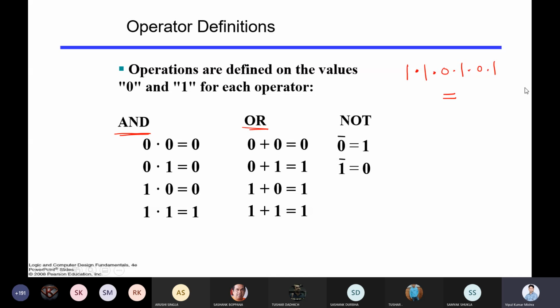Yes, anyone? What will be the output of this? Zero. Clear, right? Now I want to say, let me write with the numbers: 1, 2, 3, 4, 5, 6. When will this process terminate, in which place? First place, second place, third place, fourth place, fifth place, or will it go up to sixth place? When will this process terminate and you get the answer?